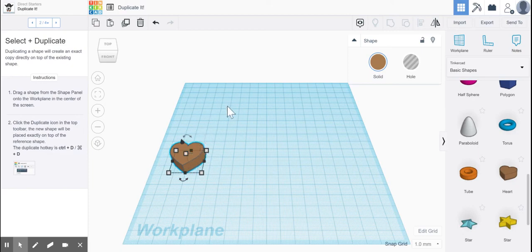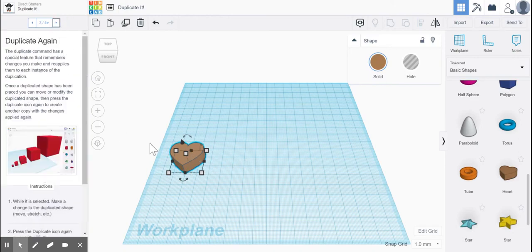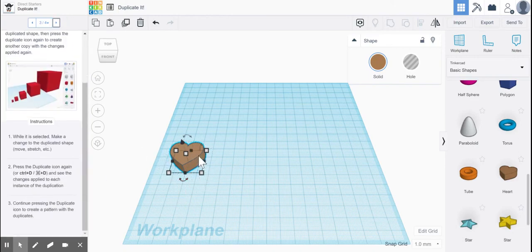So if we press the duplicate button, which is right here, next to paste, you can see you can also use the hotkeys Control-D so that you don't have to click on this every time. So if we go ahead and click the button, it doesn't look like much happened because the shape is directly on top of the other one. So if I click and drag that shape over,